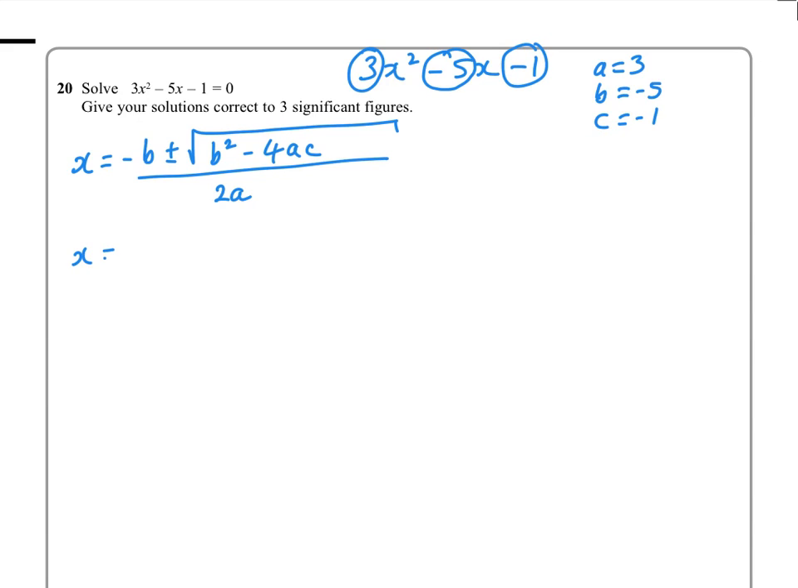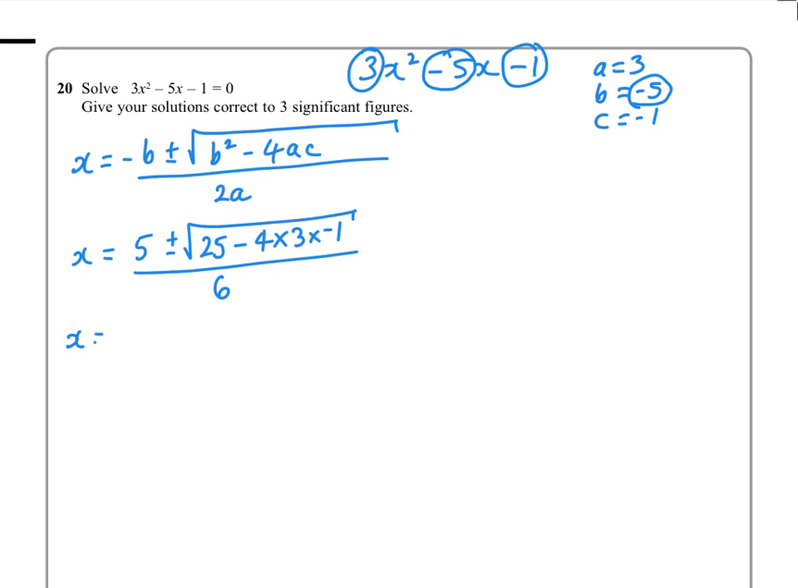those into the formula. So we get minus 5, which is 5, plus or minus the square root of b squared. Well, anything squared is positive, so negative 5 times negative 5 is going to be plus 25, minus 4 times a times c, which is negative 1, all over 2a, which is 6. So very carefully